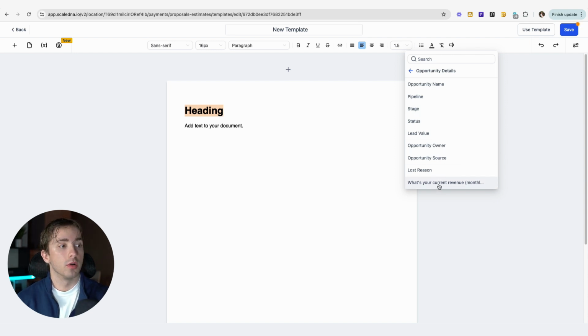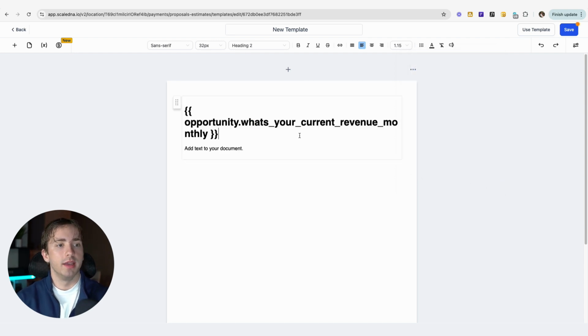For example, what's your current monthly revenue? This is a detail that I've added specifically to my opportunities in this pipeline, and we can include that right here in our document, which makes it a lot easier for us to automate this in our processes and in our workflows. If you have any questions about how this feature works or anything about documents and contracts in general,